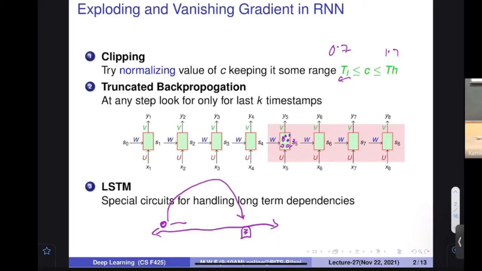Is there any neural network circuit that, when it sees this particular word, remembers it and keeps this word in memory until we reach this particular point? Can we have a specialized circuit for that? You know it's a kind of classification problem: at what time we should forget, at what time we should learn what. So it becomes easy compared to the previous one. This task is easy: at this particular point, what I have to forget. If some specialized circuit has been trained for that, it can do it easily. Similarly, what to learn, what to add.